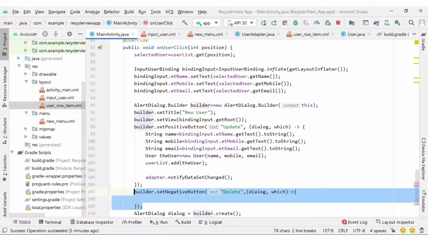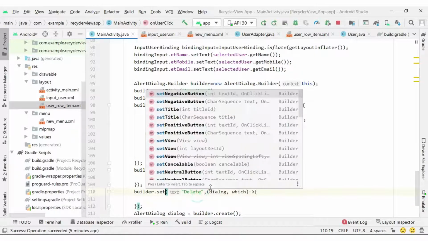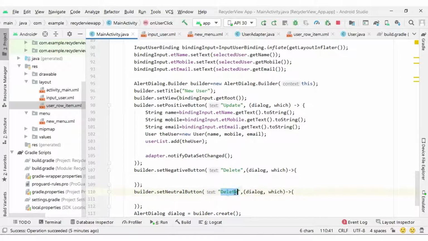Similarly we can have a third button for neutral, set neutral button to cancel, which means we do not want to perform any operation.